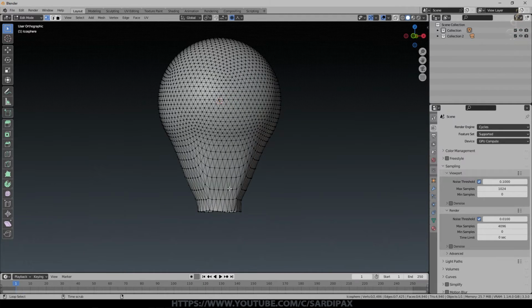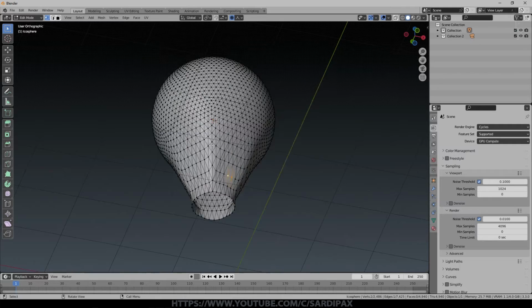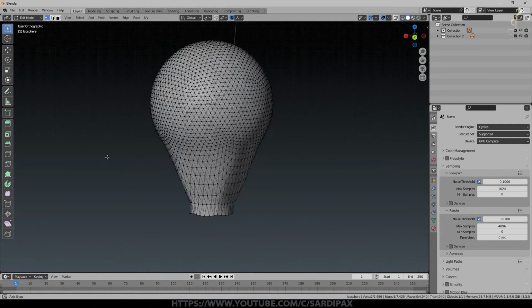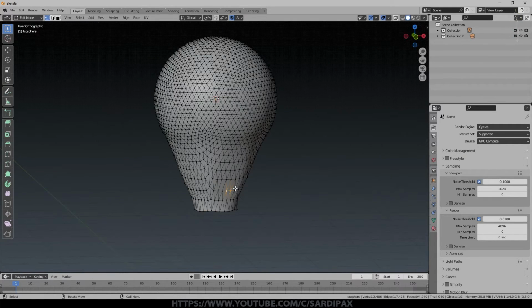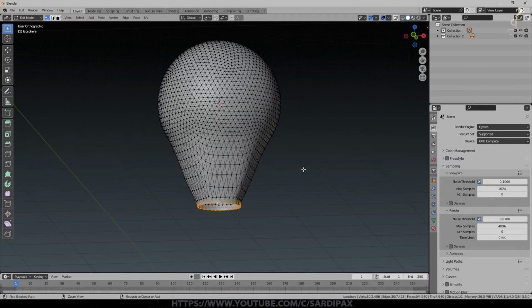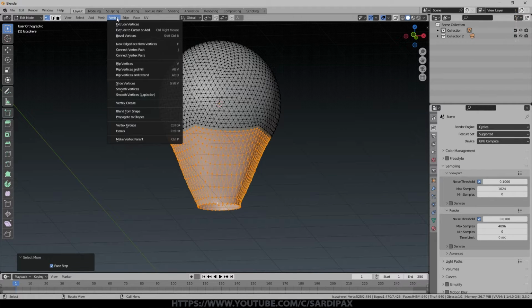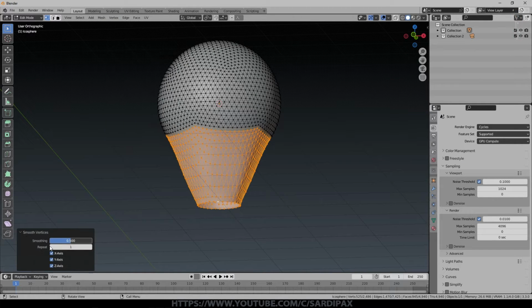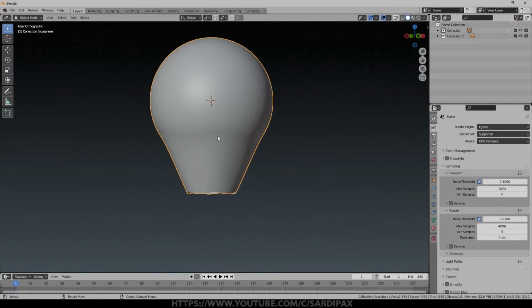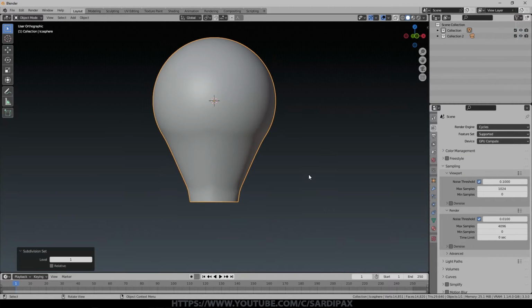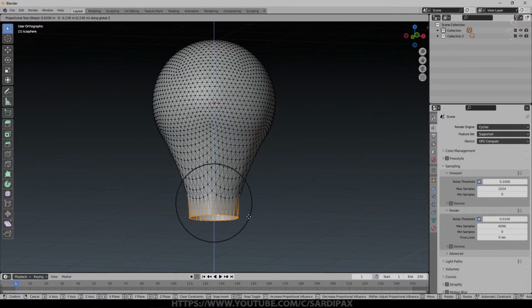The rest really needs rounding off as well, but I'm not going to worry about this for this demonstration. It will be fine as it is. Scale Z 0 there on the bottom just to smooth that out, and then we'll just under vertices, smooth vertices, just to round that off a little bit. And then finally, put a subdivision surface on that, just stretching that down a little bit further.